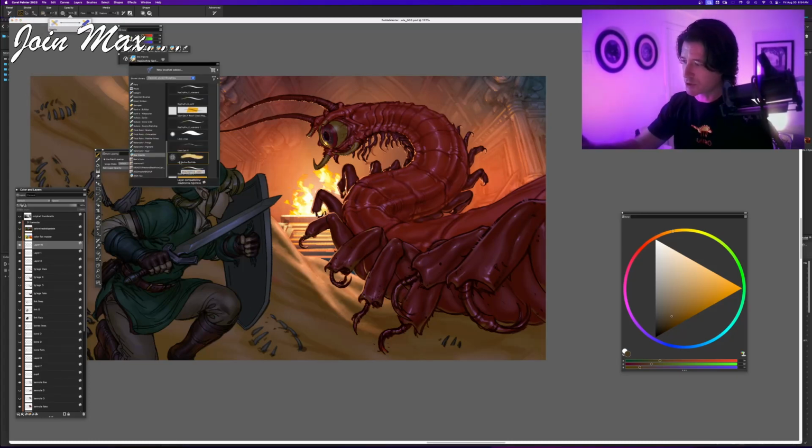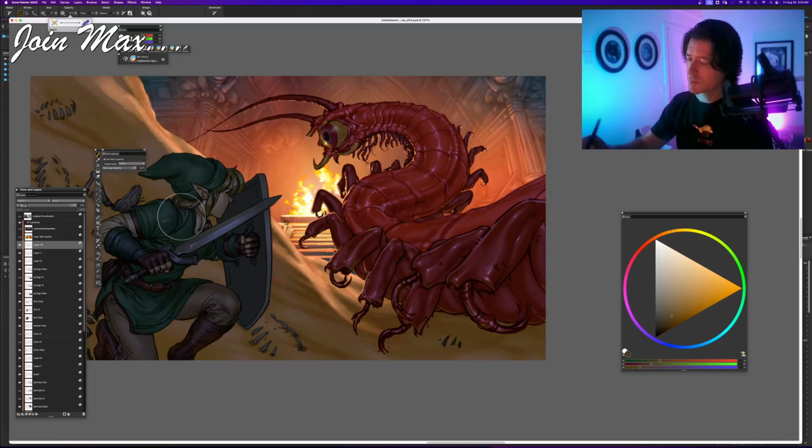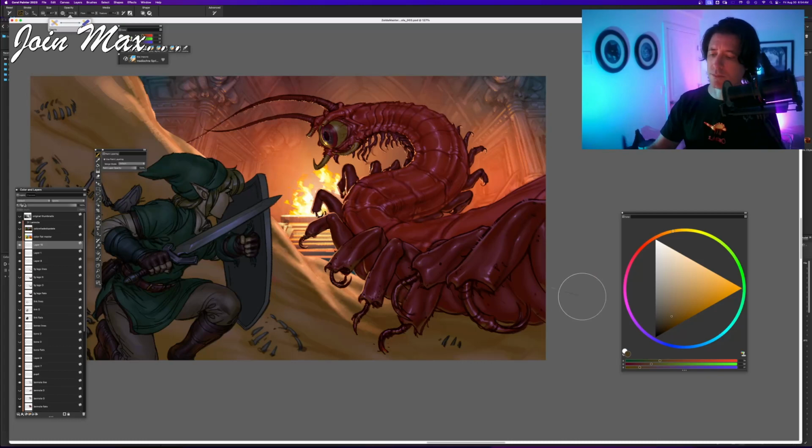The application of this brush is weird sometimes. So I may have to demonstrate it on a different day. But essentially, this is not the right effect, but something similar to this,